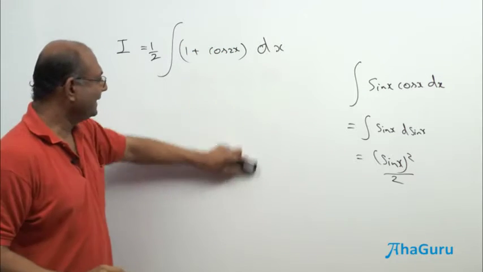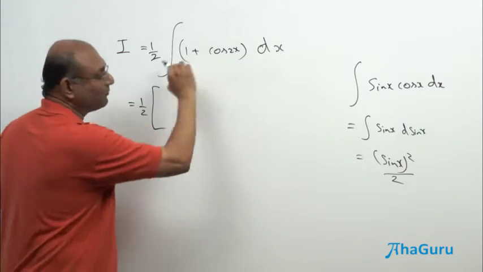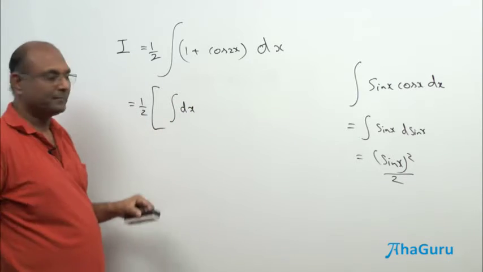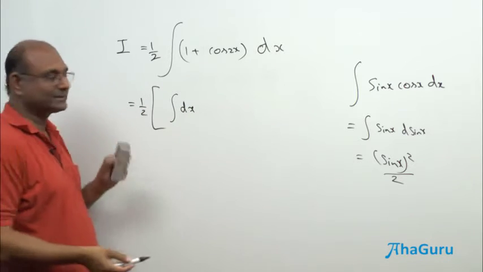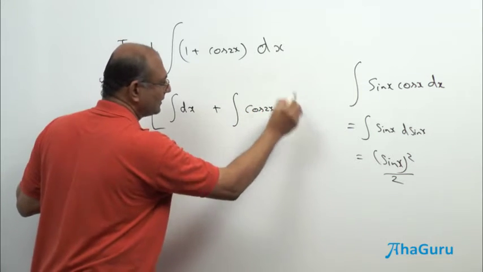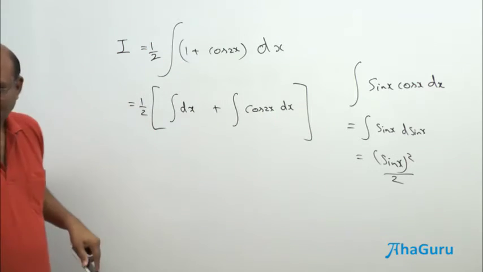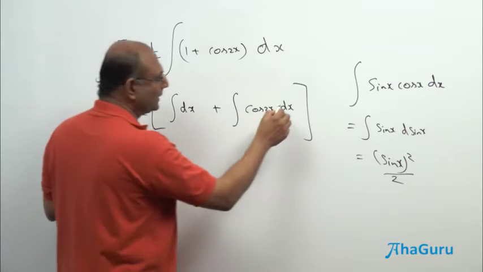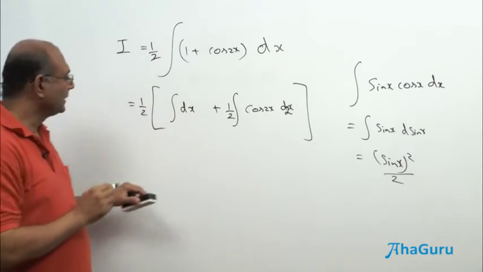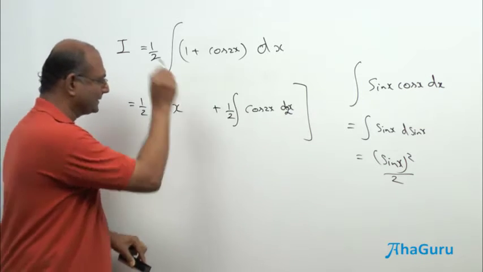Okay, so then what is the next step? The next step is half integral of 1, so separate it out, integral 1 dx, basically the integral and d cancels, leaving what? X, plus integral cos 2x dx. Now the problem with this is that this is 2x and that is not 2x. So how do I make that 2x? Just multiply by 2. So now it gets to the easier version of the problem that we already know. But if I put a 2 there, I must put a 1 by 2. This basically becomes x. So I'm going to remove this and replace this by x.